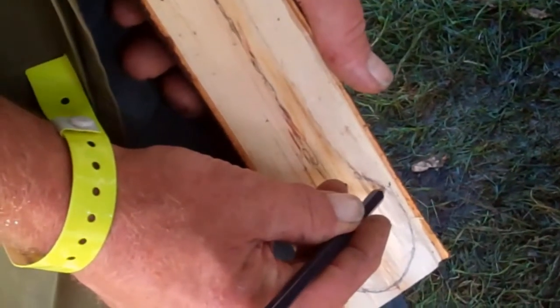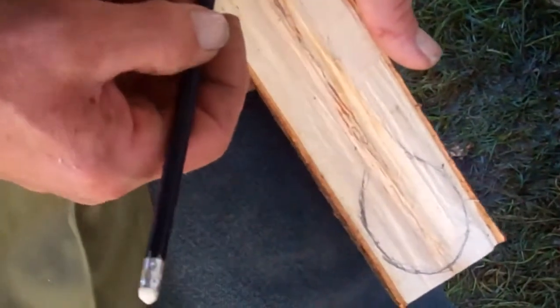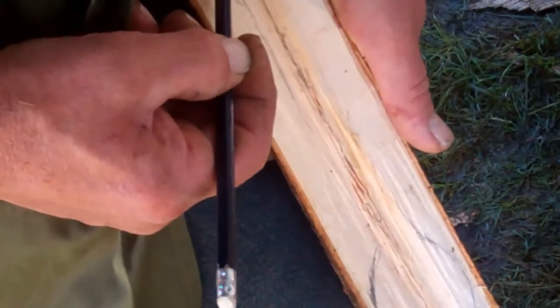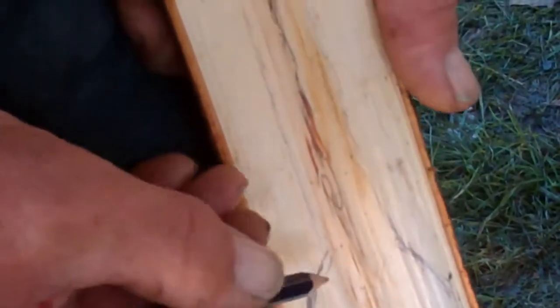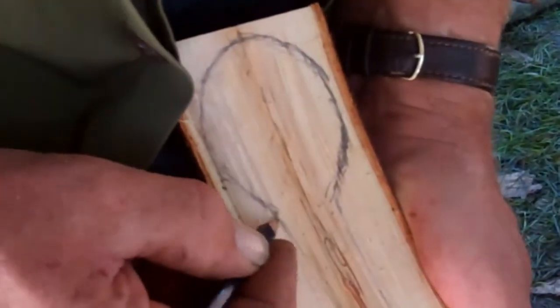The curve between the bowl and the stem is quite important, because if that's not symmetrical, it definitely looks a little bit odd. Looks a bit wrong. Looks like a mistake. It doesn't look quirky and interesting, it looks incompetent. So that's worth taking a bit of time over. As you see, that at the moment is quite asymmetrical. So